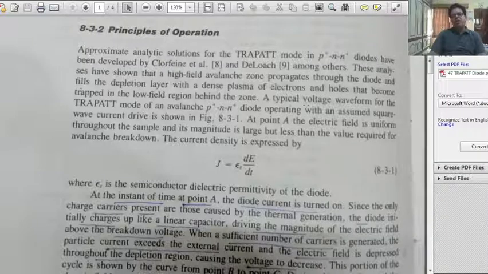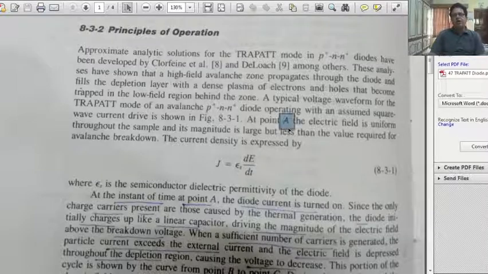A typical voltage waveform for the TRAPATT mode of an avalanche p+ n n+ diode operating with an assumed square wave current drive is operating